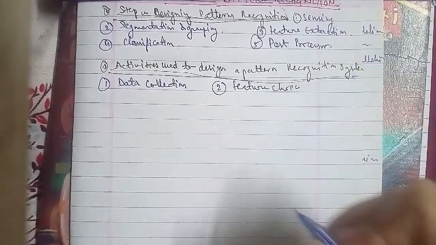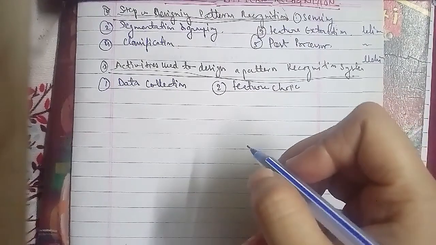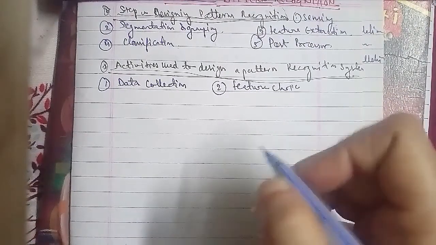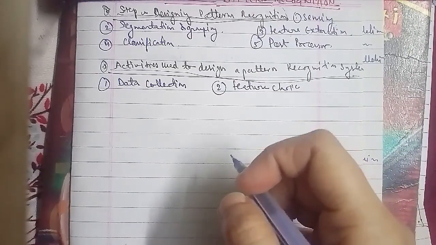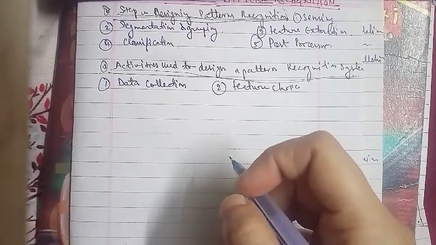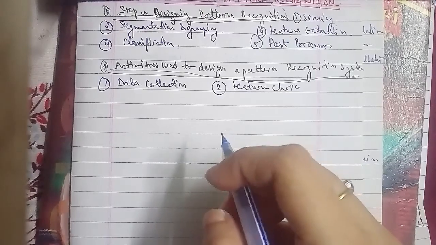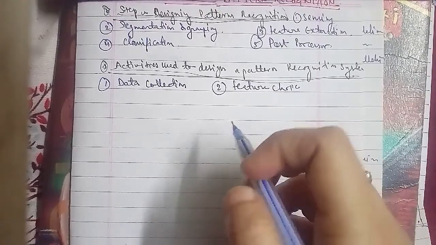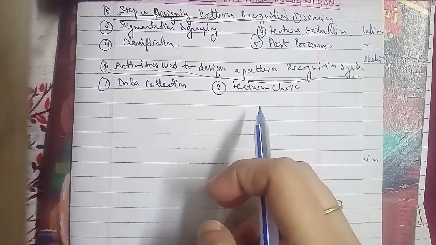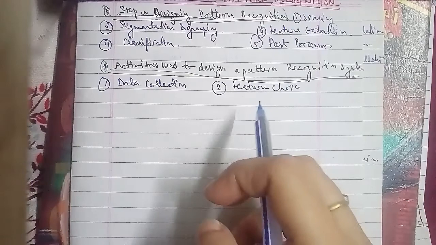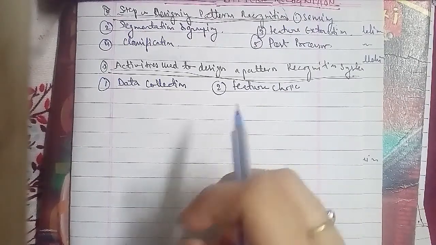In feature choice, the choice of distinguishing features is a critical design step, and it depends on the characteristics of the problem domain as well. In selecting or designing features, we would like to find features that are simple to extract, invariant to irrelevant transformations, insensitive to noise, and useful for discriminating patterns of different categories as well, within the design cycle.